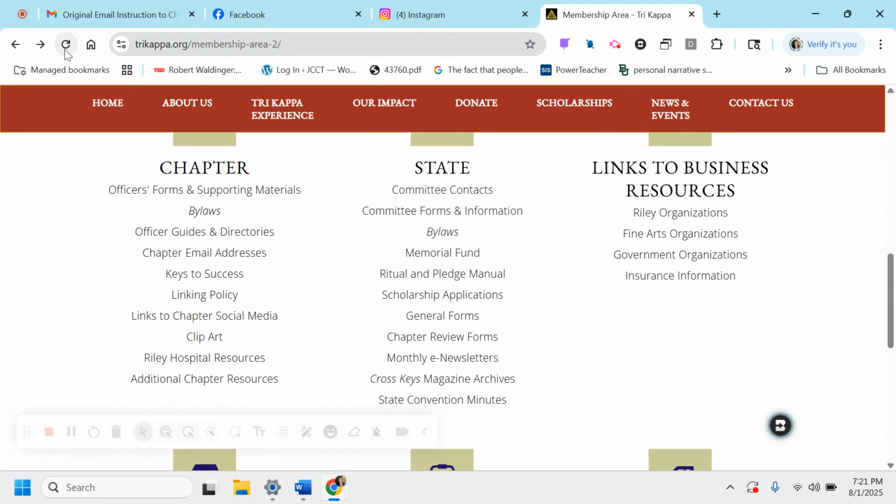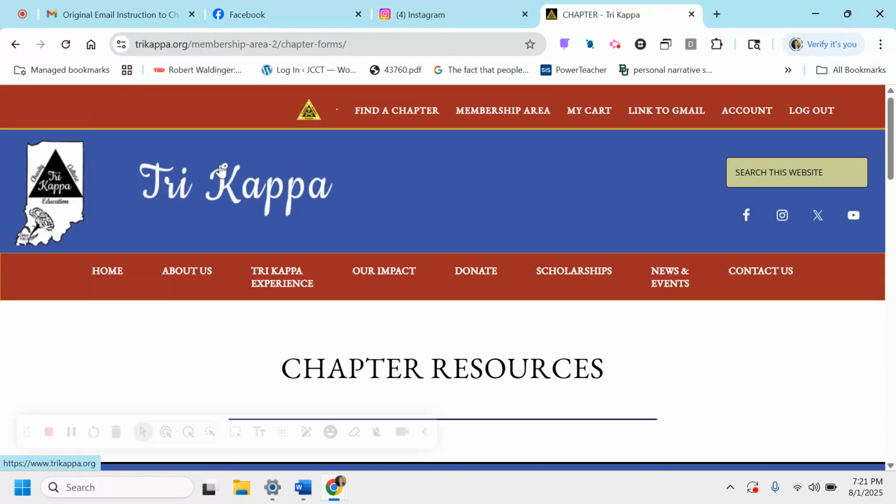Now, we've got lots of different things within this section. We've got officers' forms and materials. That's going to be the big thing. We've got your state bylaws, your officer guides and directories, information about your chapter email addresses, the keys to a successful chapter series, as well as some other information down here that you can all just access in this area. So if we click on chapter and we allow my internet to work here,